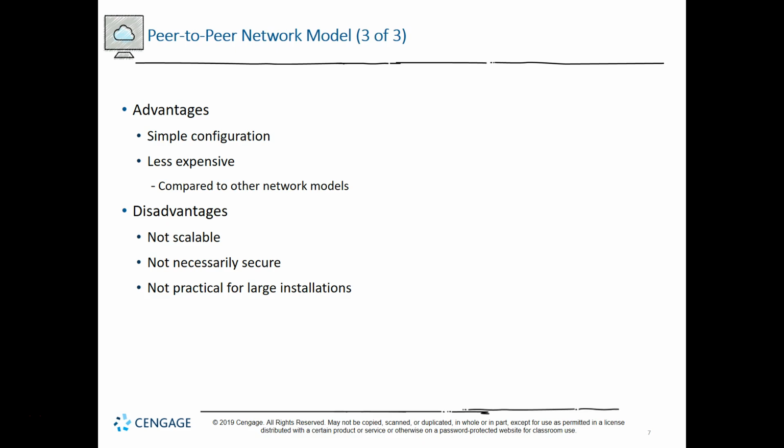Small installations work great, like at your house. Most people at your house have a couple computers. You may share out a network-attached device or storage on a computer. It's a simple little peer-to-peer network, and that works really, really well. The cost, again, is one where we have some differences. So when we start looking at a bigger model,